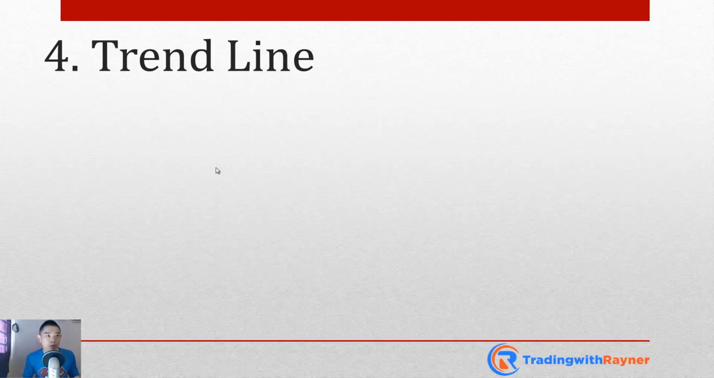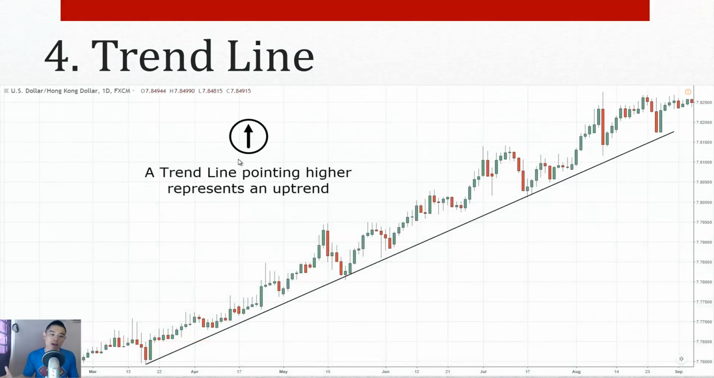The fourth technique that I want to share with you is what we call a trend line. So a trend line is something like support and resistance, but the only difference is that a trend line is diagonal. It's pointing towards a direction. Okay, so you can see that a trend line in this case tells you the direction of the trend as well. Because if the trend line is pointing higher, slanting upwards, it tells you that the trend is